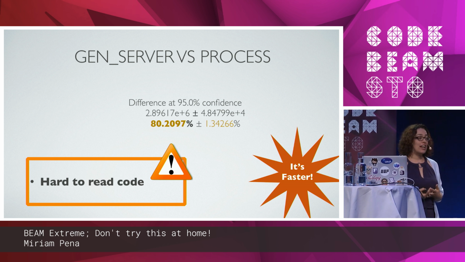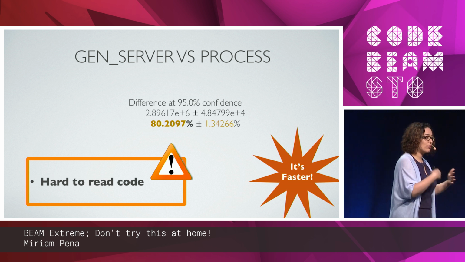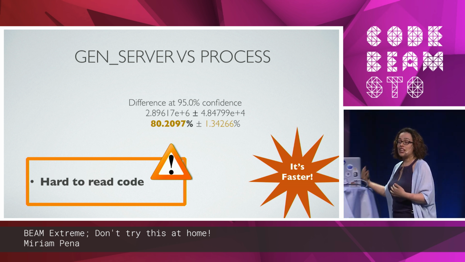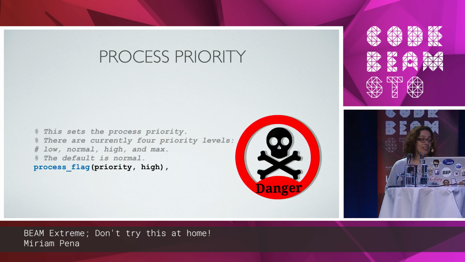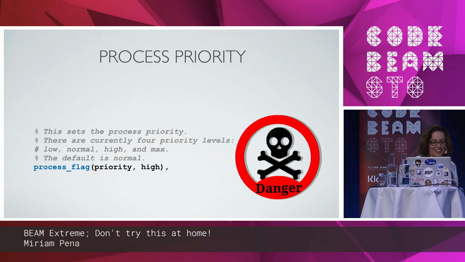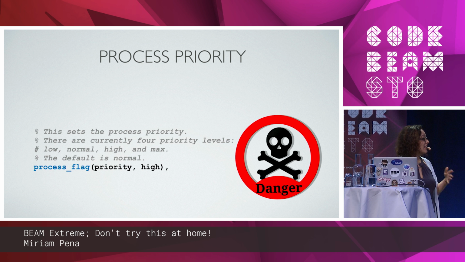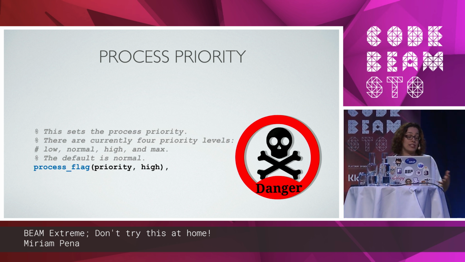If this is not enough, so the idea is that you should get your socket process as soon as possible. If this is not enough, there's something else you can do so your pool would work faster. And that's changing the process priority of that process. I've seen it, I've done it, probably not my first choice. How this works is basically OS processes have a priority and Erlang processes have a priority too.